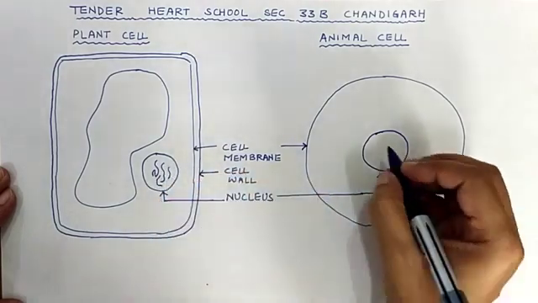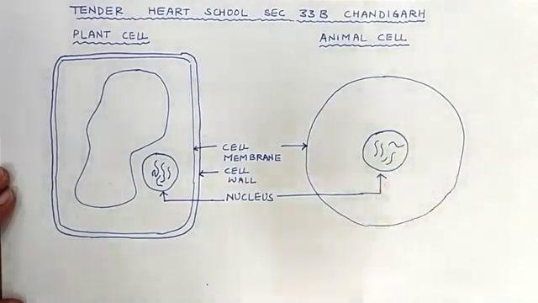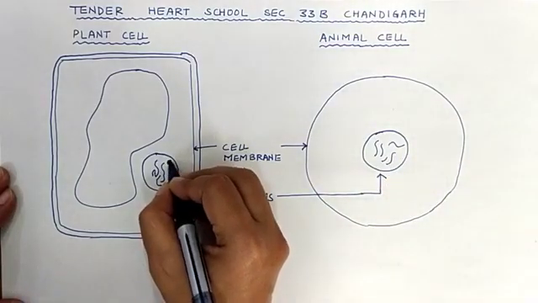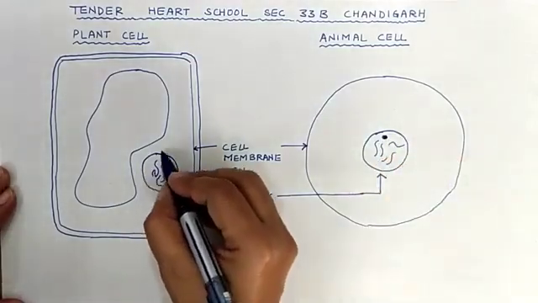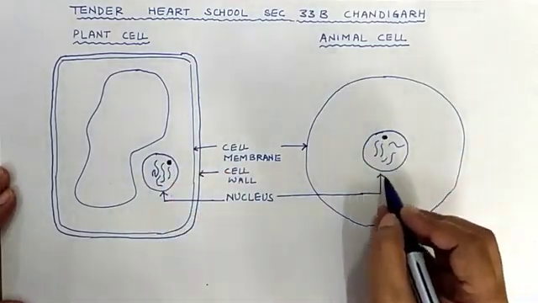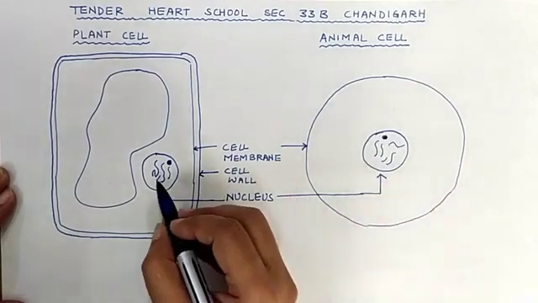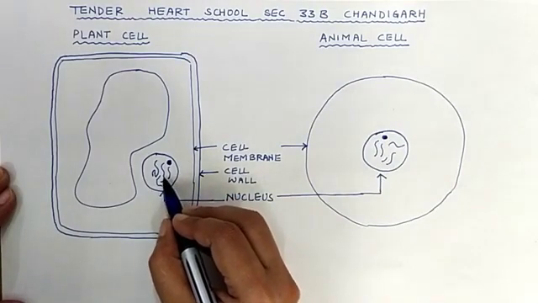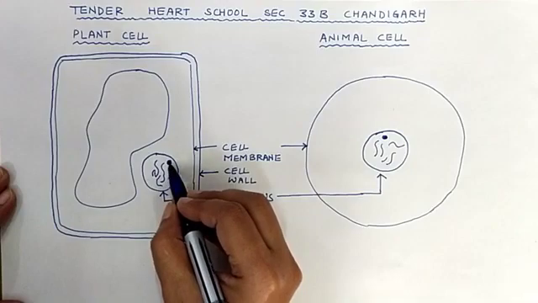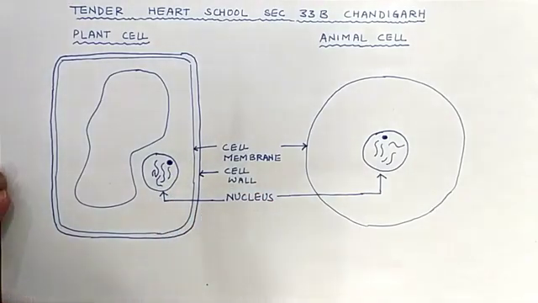Okay, now inside the nucleus you can show the chromatin fibers, right? The chromosomes or the chromatin fibers, right? And also a nucleolus which is present inside the nucleus, and nuclear membrane which is covering the nucleus. So all these are the structures present within the nucleus. Nuclear membrane is there, which is the covering of the nucleus. Inside it we have the chromosomes, and we have the nucleolus, right?